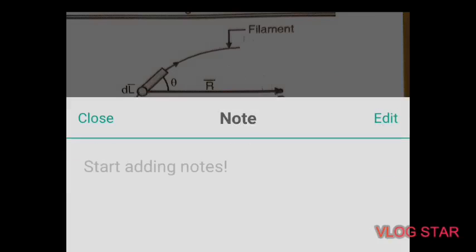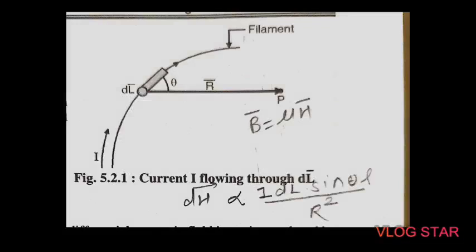Now if we see the statement of the Biot-Savart law, it states that at any point P, the differential magnetic field intensity, we know that the magnetic field intensity is denoted by H bar and the differential magnetic field intensity by dH bar, produced by the differential element dl, is proportional to the product of current and the magnitude of differential length and the sine of the angle between the filament and the line connecting the differential length to point P. In simple way, the differential magnetic field intensity dH bar produced here is directly proportional to I dl, the product of I and dl bar, and also proportional to sin theta, the angle between the filament and point P.